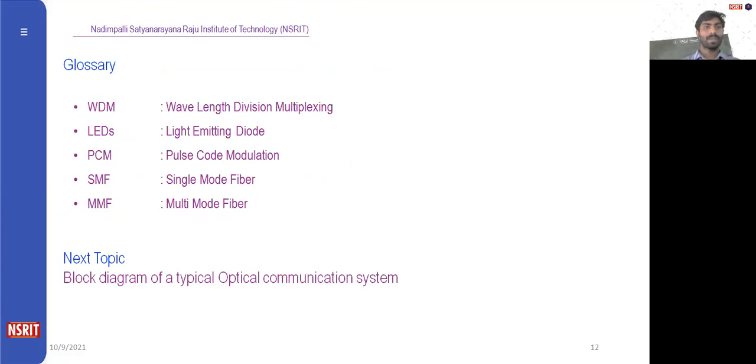Here, the terms that we need to learn are WDM, wavelength division multiplexing, LED, light emitting diode, PCM, pulse code modulation that we have come across, and then SMF is your single mode fiber, MMF is your multi-mode fiber. These are the different technical terms that we have come across. In the next presentation, we are going to learn about the block diagram of an optical